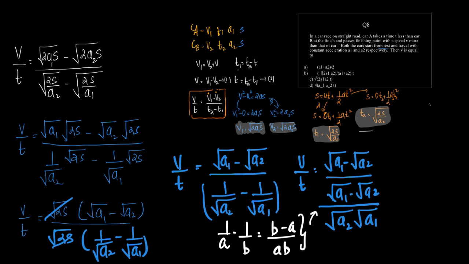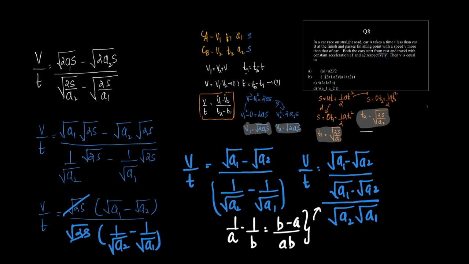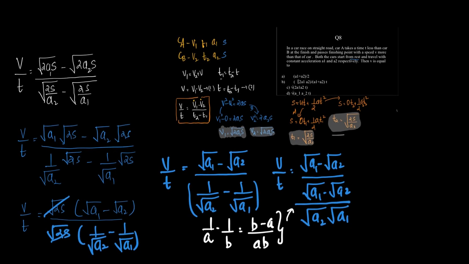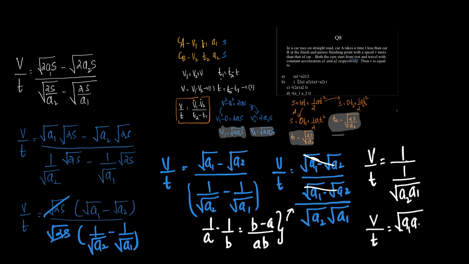That's what I've done here. Doing so, both of these terms will get cancelled off, and what we get is 1 by root of a2 into a1. So v by t is equal to root of a1 a2, and therefore v is equal to root a1 into root a2 into t, which gives us the correct option as